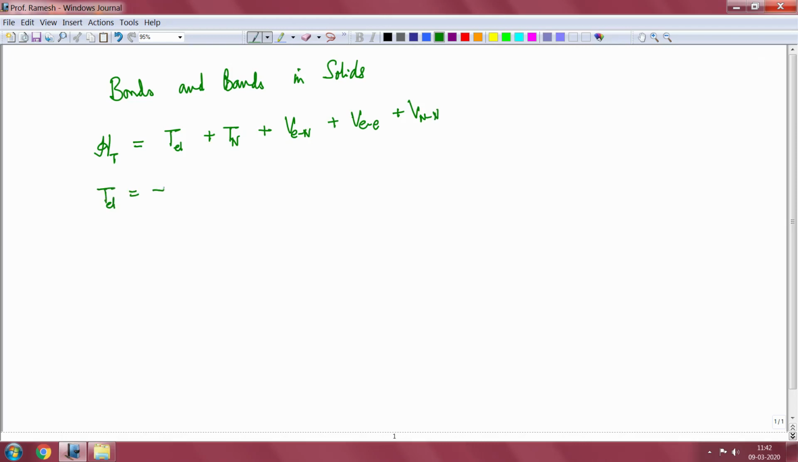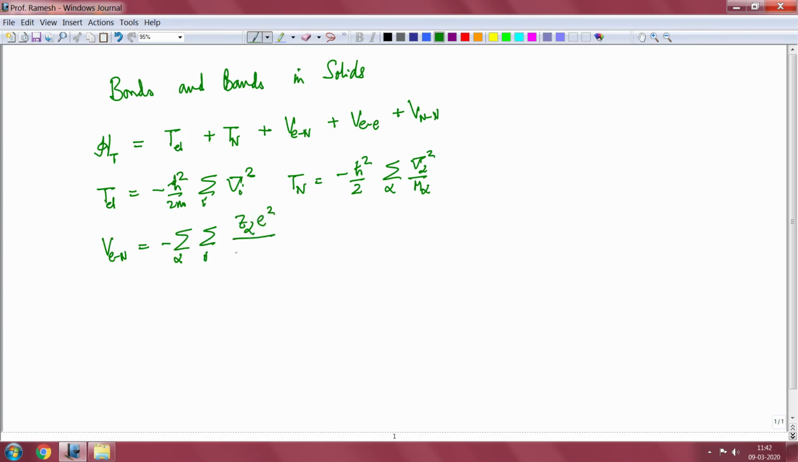T electron is actually minus h cross squared by 2m sigma over i del i squared, and the nuclear kinetic energy is just given by minus h cross squared by 2 sigma over alpha del alpha squared divided by m alpha, and the electron nuclear attraction term is given by V electron nuclear is equal to minus sigma over alpha sigma over i Z alpha e squared upon R i minus R alpha,